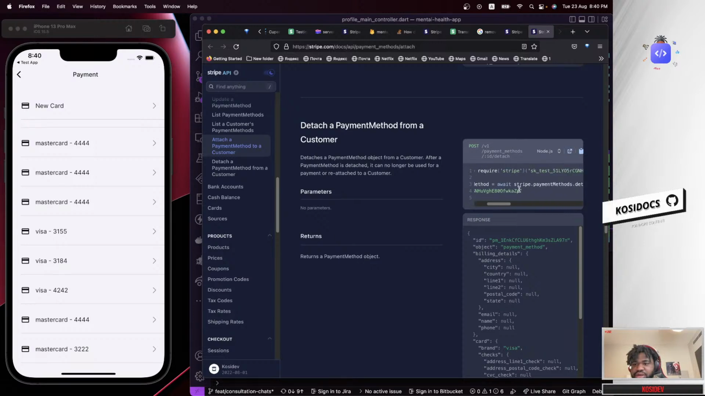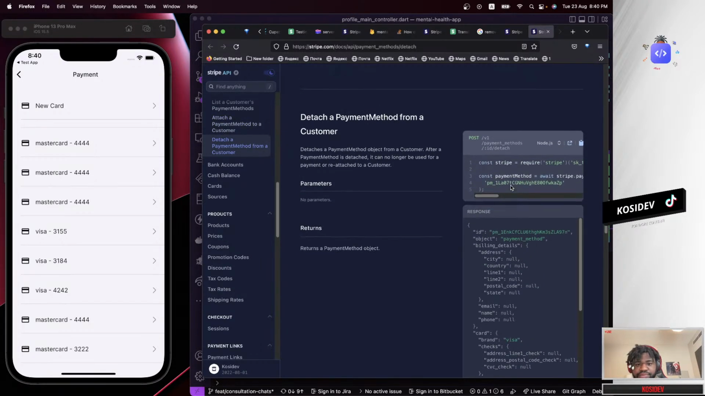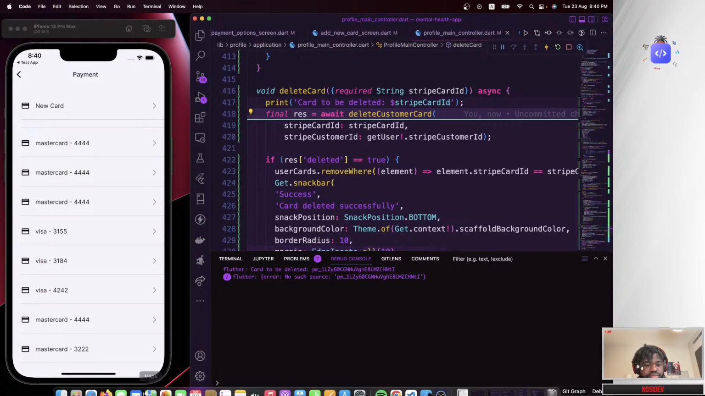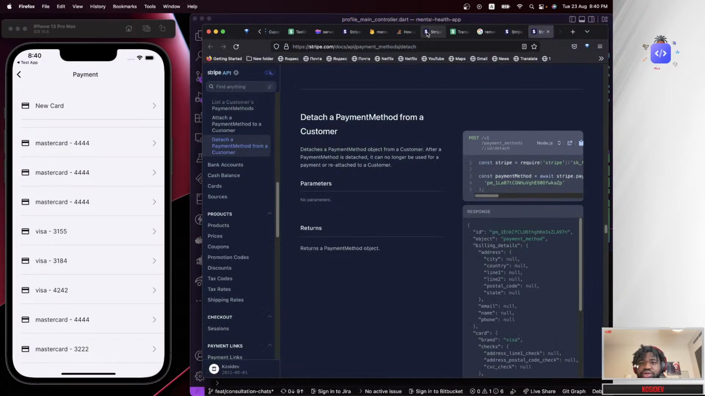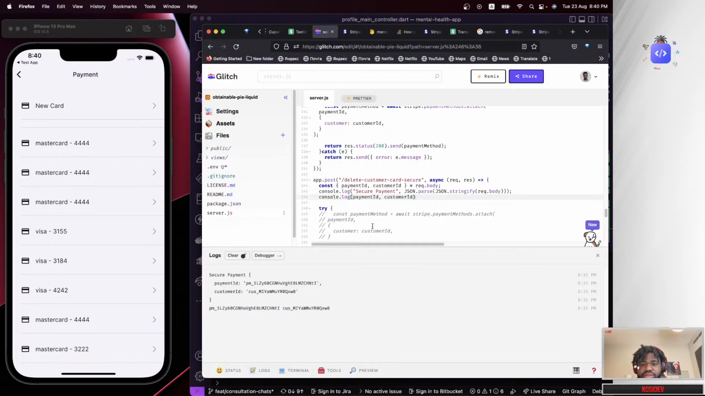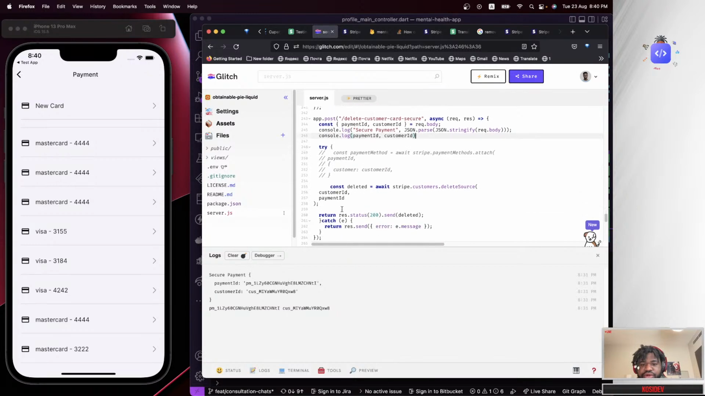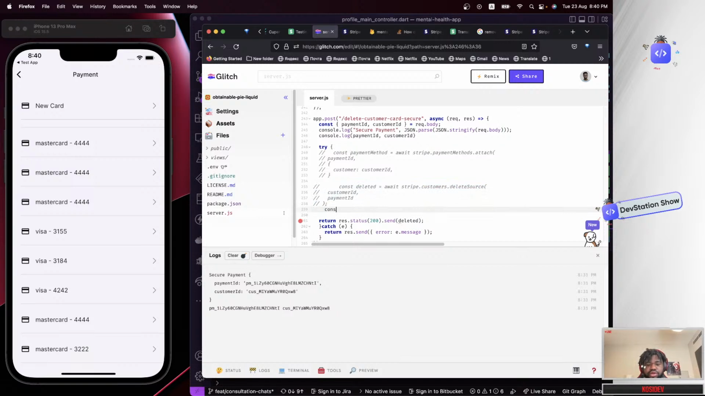So let's try the payment method detach. We could actually use that on our back end. So I'm going to remove what we have so far, which is this. Let's comment that out, and then have another constant called deleted, and say it's equals to